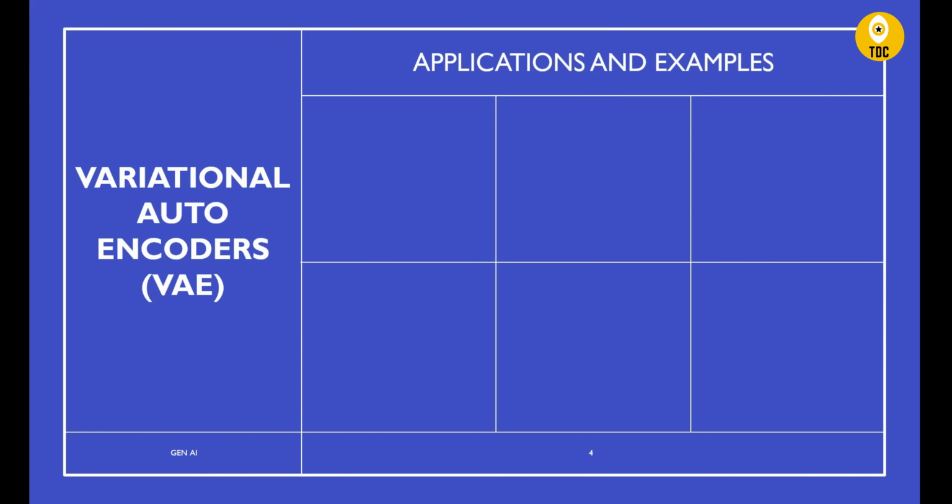So if you see the examples, like image generation and reconstruction, an example is MNIST handwritten digits. VAEs are often demonstrated on the MNIST dataset, which consists of handwritten digits. The model learns to encode the digits into a latent space, and can easily generate new realistic looking digits by sampling from this space.